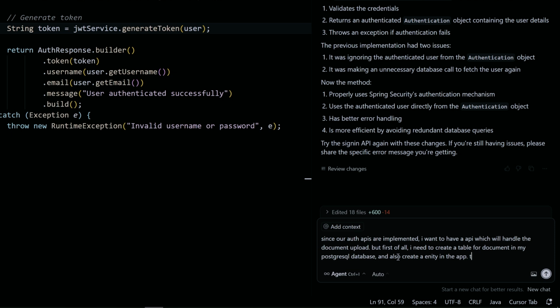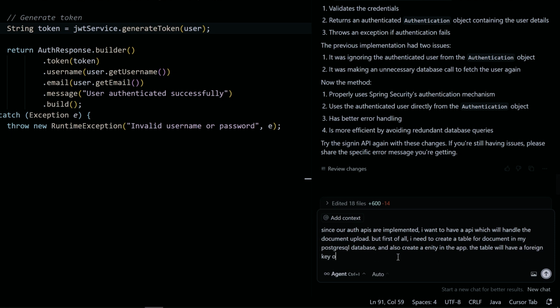The table will have a foreign key of user which will refer to the user table being used